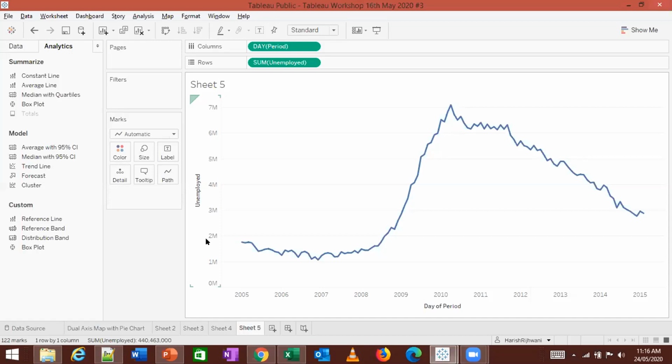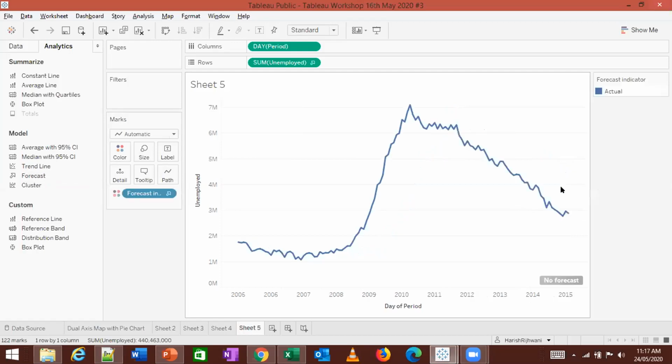So what you'll have is a trend line. On top of that, you have your seasonal variance. Then you have your product life cycle, and finally there is some randomness when you're trying to create a forecast. So Tableau, to a certain extent, gives you that information. I look at this information in terms of the forecast. I can click on this forecast and just drag it on the right.